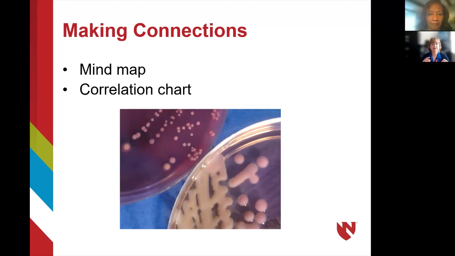And again, if I was going to ask my novice learners to tell me everything that you know about these bacteria just based on this one picture alone, they would probably come up with a couple of factual, pretty superficial pieces of information. But I, as an expert, when I see that picture, it brings in all of this factual information that I know from my experiences.